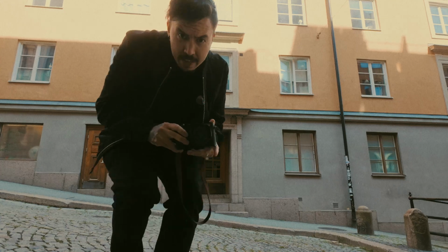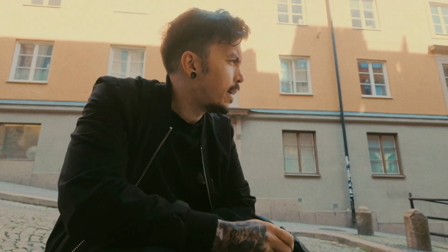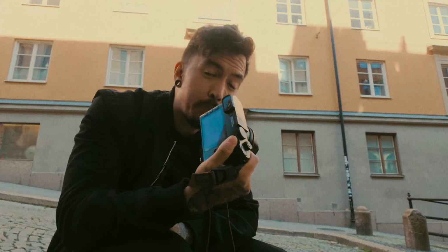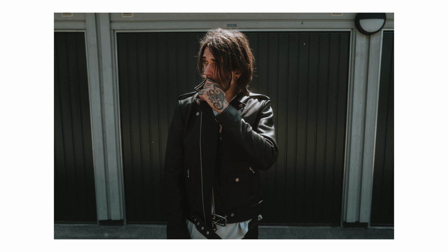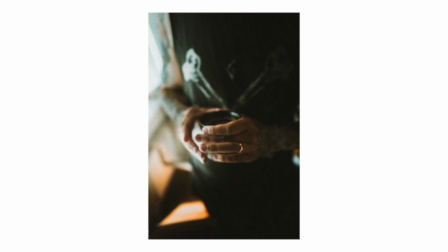All right, let's talk about the Leica Q2. I've had this for a couple months now. I haven't used it overly much. I went on a trip to Finland and shot it the whole trip. I've shot some portraits, fashion stuff with it, and then just had it as a daily, everyday carry camera for